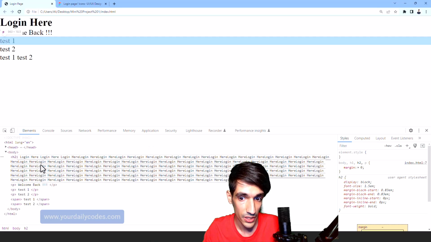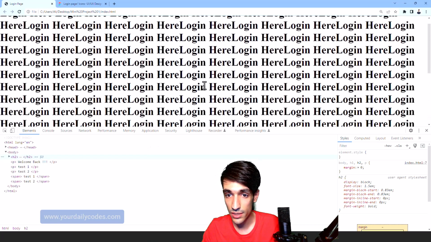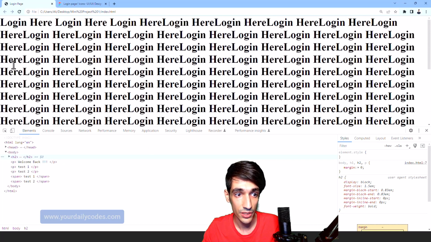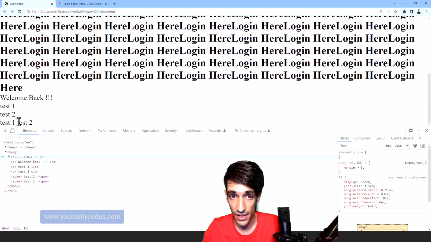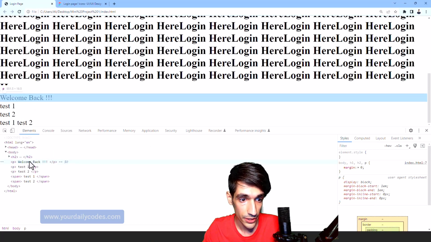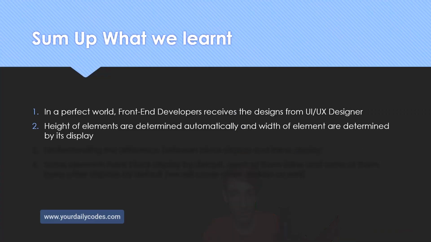I want to create a big content, and as you can see, since I have a big content, the height of my element has been determined by the content it has. But the width is determined by the display. For example, right click on it, inspect. As you can see, this P tag has 100% of its container width, but this span tag has a width as much as the text inside it. So that's why I say that.